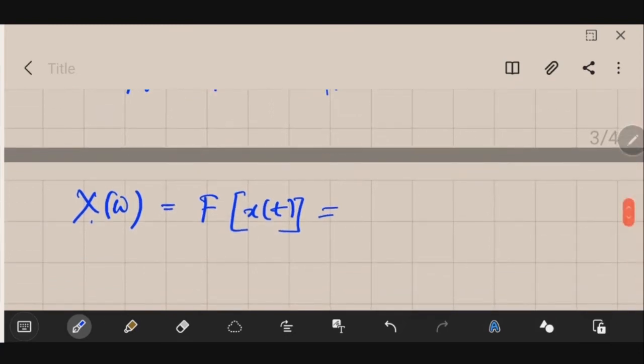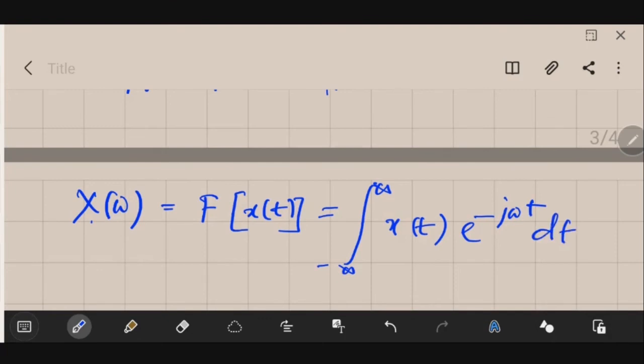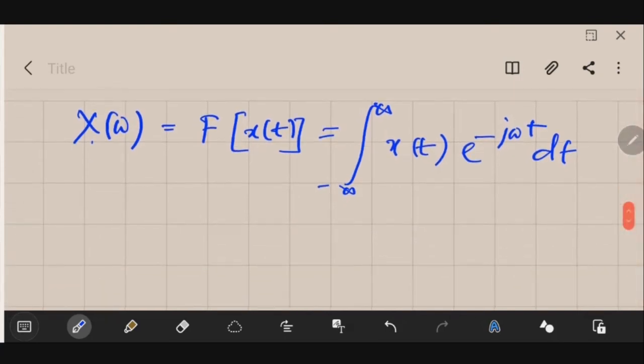So it is like this. It is the integral from minus infinity to infinity of x of t multiplied with e to the power minus j omega t dt. So this is the general expression. Now let us shift the signal and try to find the Fourier transform. Try to understand that I am not changing the value of t here. I'm not replacing this small t. I am just replacing this total signal x of t by a delayed version of this signal, and I am trying to find out the Fourier transform.